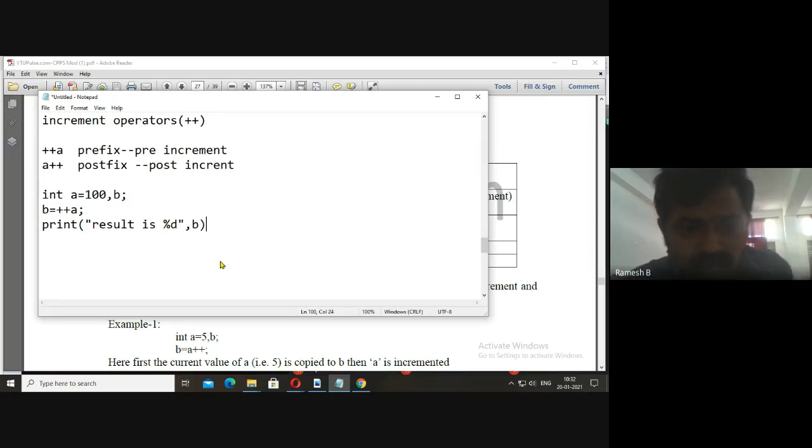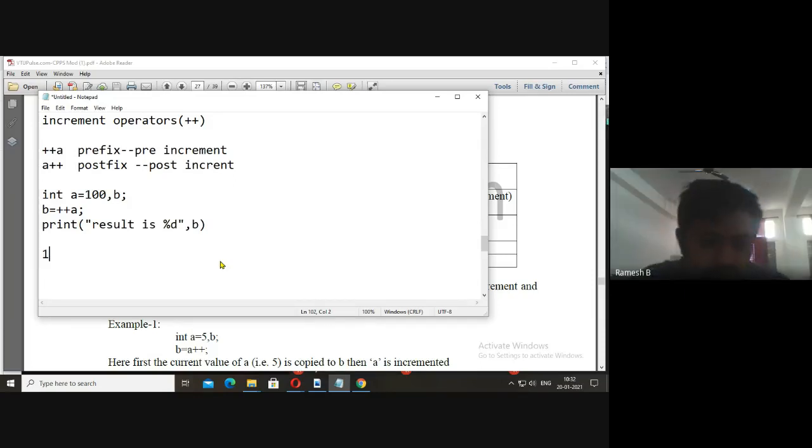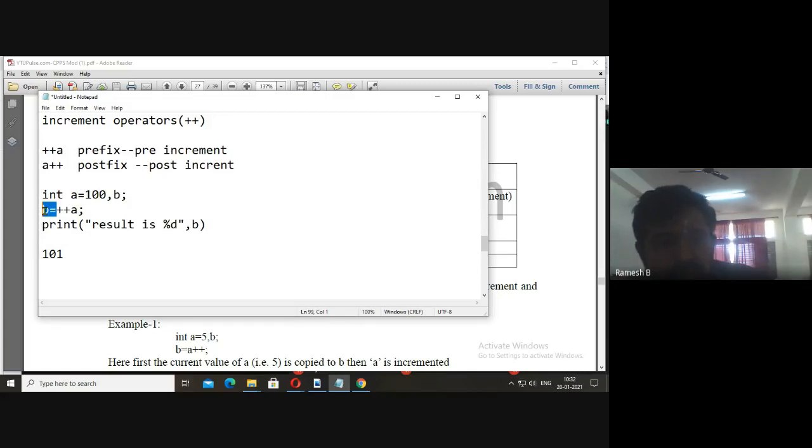Can you tell me what the b value will be? 101. You will get 101. First, the value of a will be incremented, so 100 becomes 101, and that is stored in b.